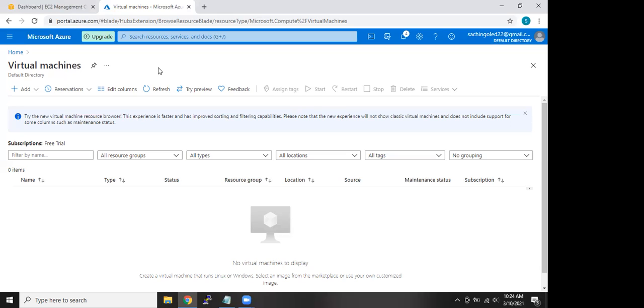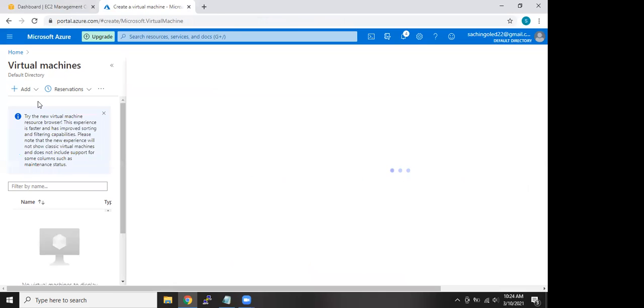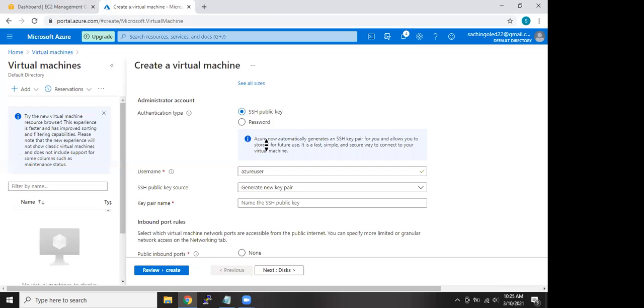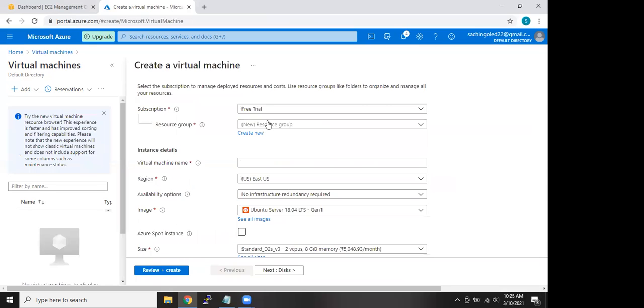Right. So let's launch a virtual machine. Select your resource group. You already have a resource group now, right?